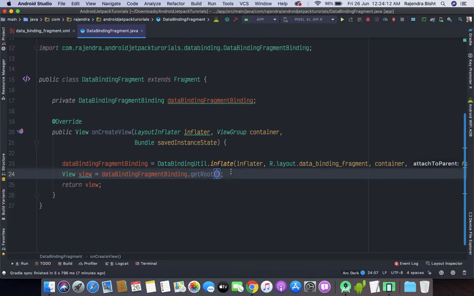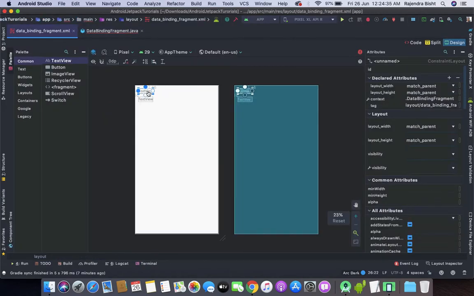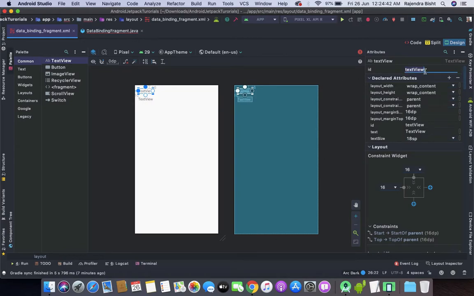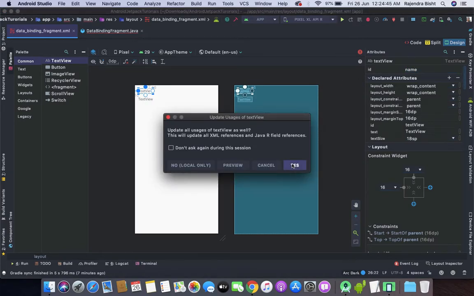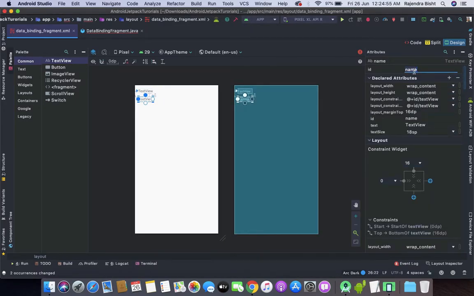So now here you can set both of the text views, like name dot setText.